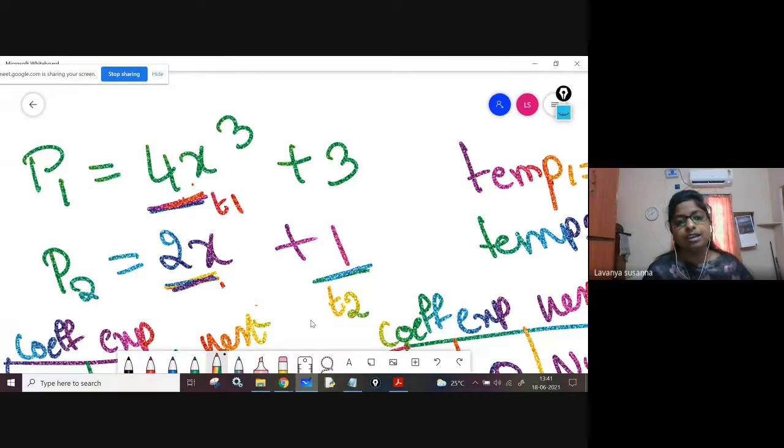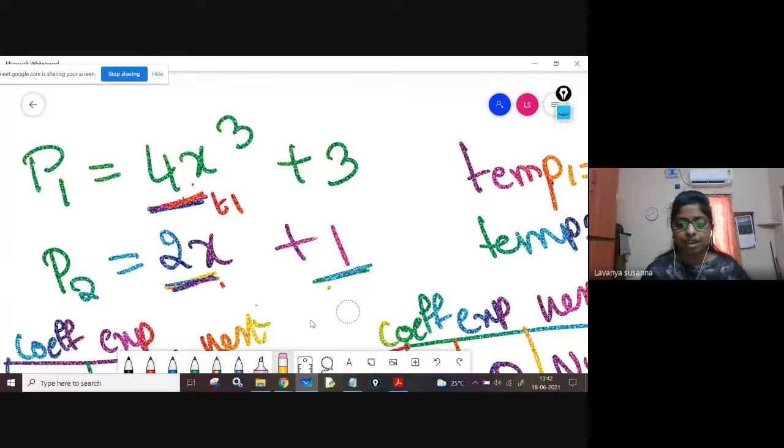After that, 4x cube must be multiplied with 1. If you want to multiply with 1, you have to traverse to the next node, right? You have to traverse to the next node. How to traverse to the next node? Using next field, you need to move temp 2 pointer to the next term, next node. Okay, you need to advance to the next. Now you can multiply 4x cube into 1. Completed. You have multiplied 4x cube into 2x. You have multiplied 4x cube into 1. Completed. After that, what you have to do?